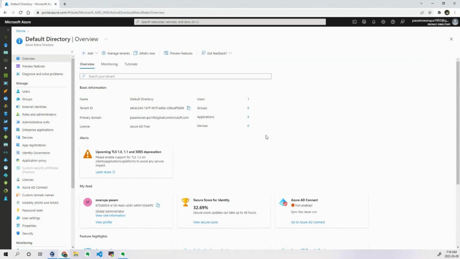Okay, so now once authentication is done, meaning once I log into the portal, what is authorization? Authorization in the sense is what you can do and what you cannot do. It is called actions. What actions you can perform after logging into the portal. Okay, after logging into the portal, it doesn't mean that I can do everything, right, which you have seen last time. Let me show you again.